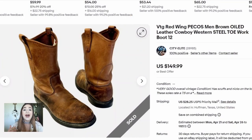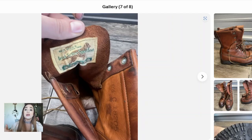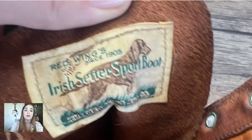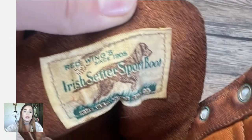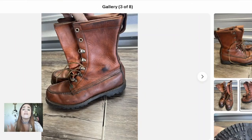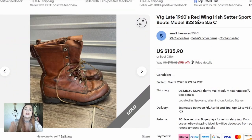Those sold for $150. And then one of their lines to be on the lookout for from Red Wing is what is called Irish Setter. So this tag is a little bit blurry, but it does say Red Wing and then Irish Setter sport boot, I believe is what that says. So here's what they look like. They do look very similar to other Red Wing items. But just know that is another one of their lines. So that pair of boots sold for